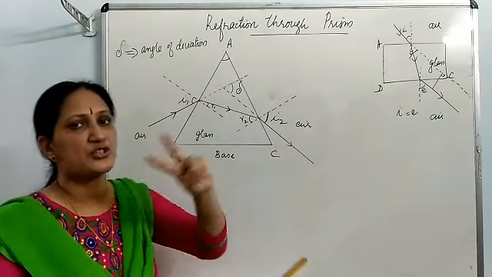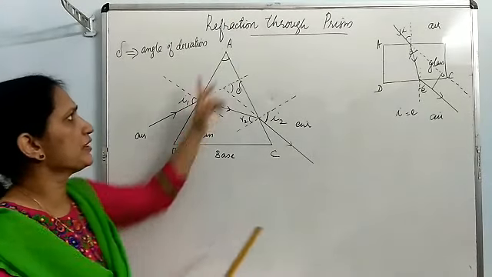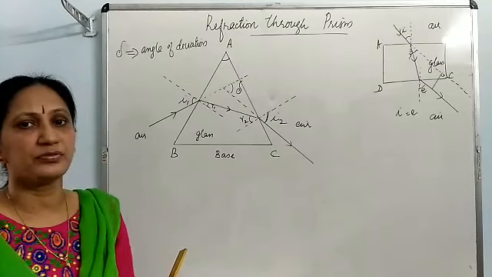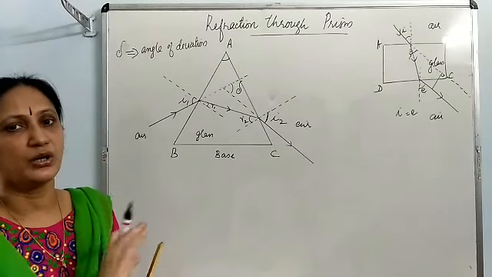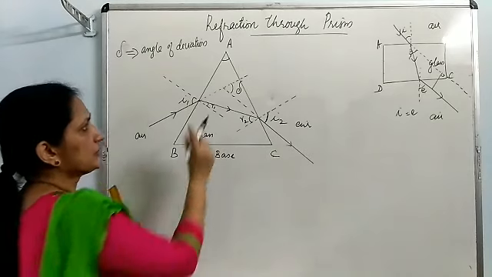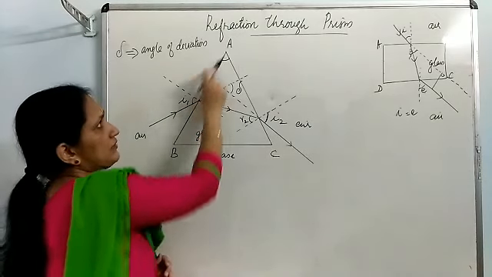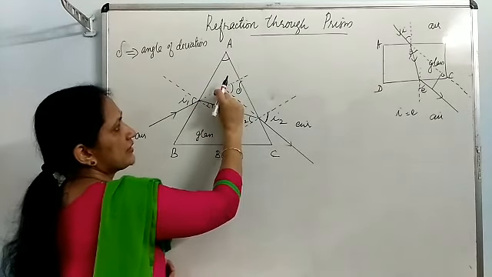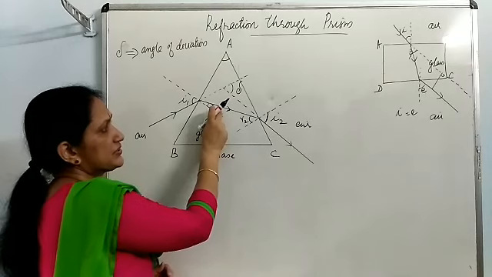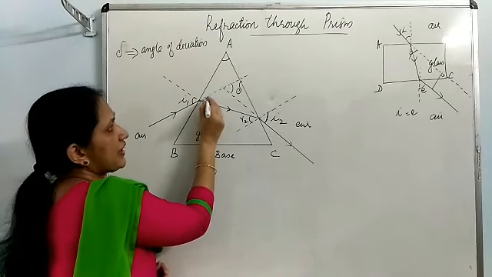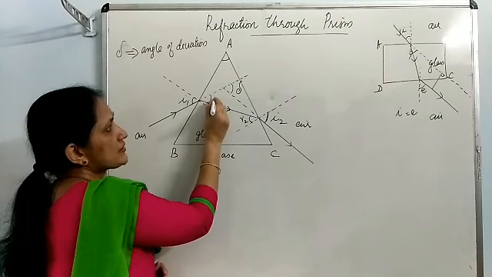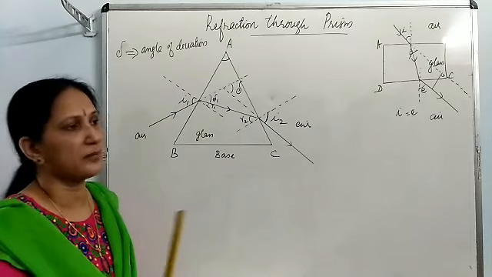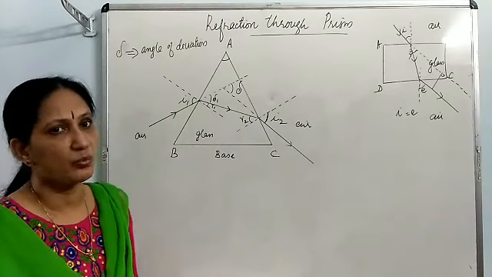You know the ray deviates twice. First on the face AB, second time on the face AC. So let me mark the angle of deviation on two faces. Look at the angle of deviation happened on the face AB. This is the incident ray extended and this is the refracted ray. So this angle is the angle of deviation happened on the first face AB. I am giving the symbol as delta 1.